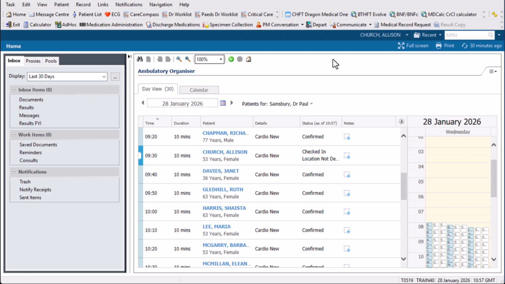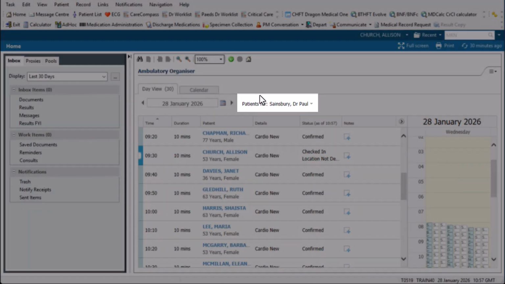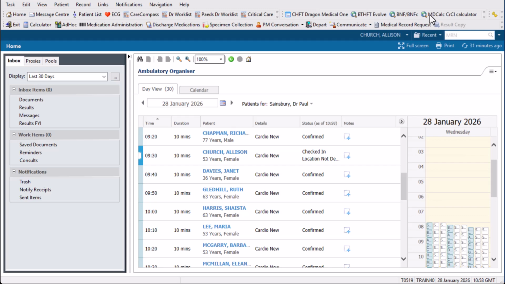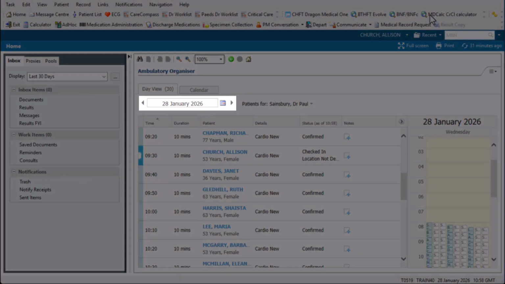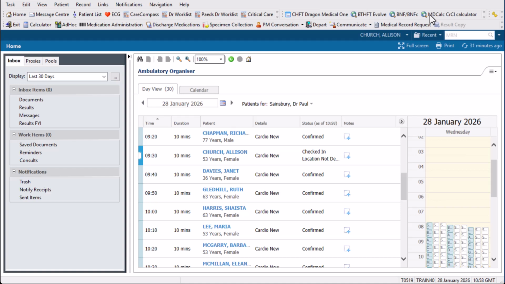To begin this process, you will need to be within Powerchart and ensure you are in the scheduling view. The scheduling view should be the first view that you come into when you first log into Powerchart, and I'm currently looking at a cardiology clinic for Dr. Sainsbury. In this scenario, I'm currently viewing today's clinic and we will be completing an outpatient procedure on a particular